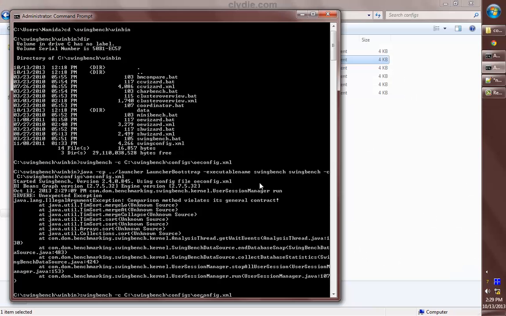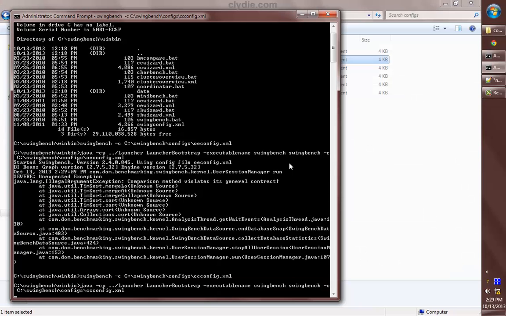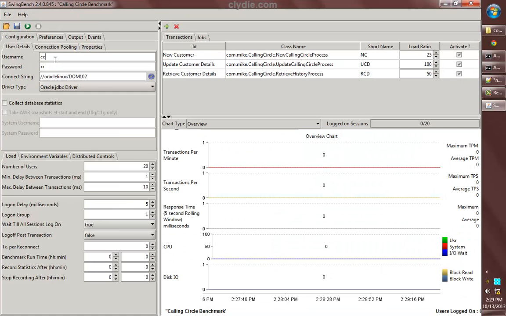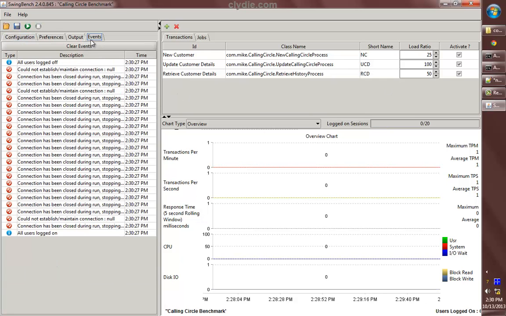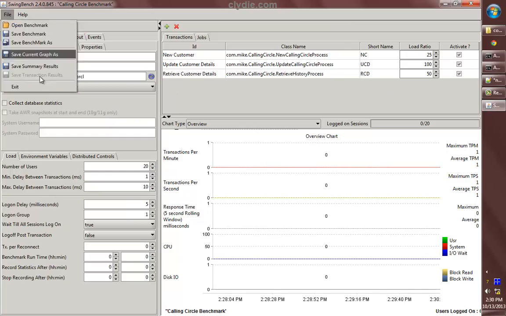The same procedure can be executed for Calling Circle with ccconfig.xml to simulate a telecommunication-based database, and Sales History with shconfig.xml to simulate a decision support system database. But you have to create the Calling Circle user schema and Sales History user schema respectively to be able to run the tests.